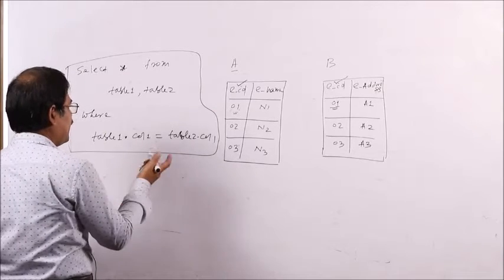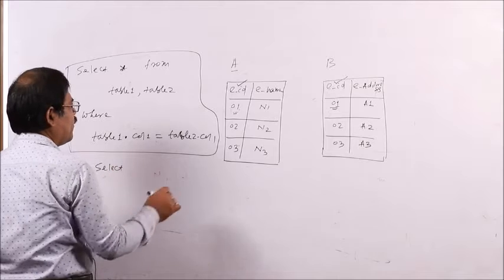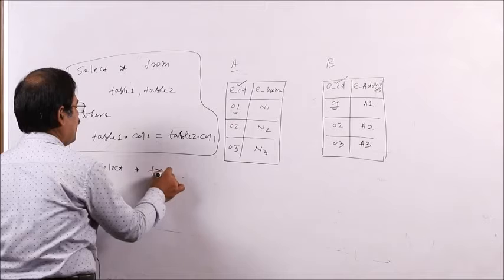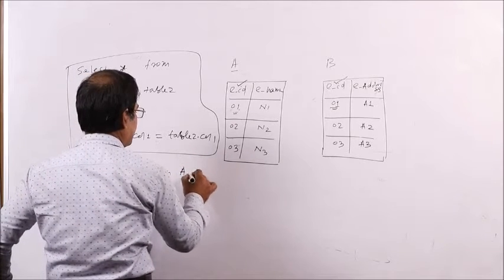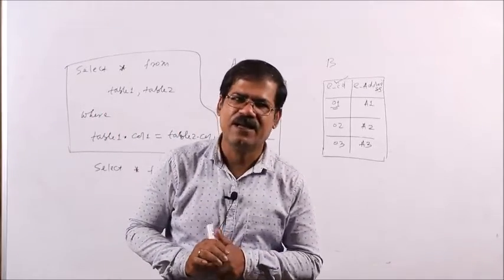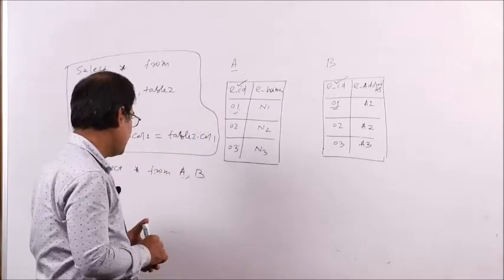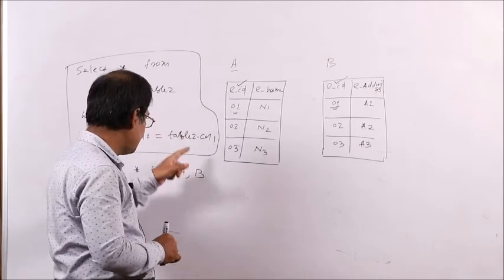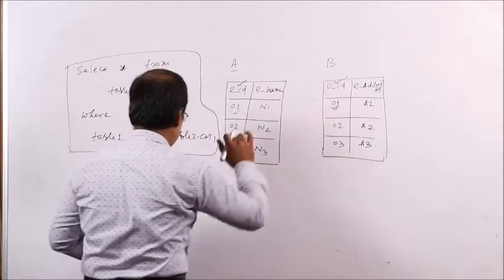So, in general what do you write here? Here we write select, and to display all the fields, you write star from which table? The first table is A, the second table is B. I want to display all the attributes, all the fields of table A and table B. What is your condition? A is table 1 and B is table 2. So, I want to fetch these attributes from table 1 and table 2.